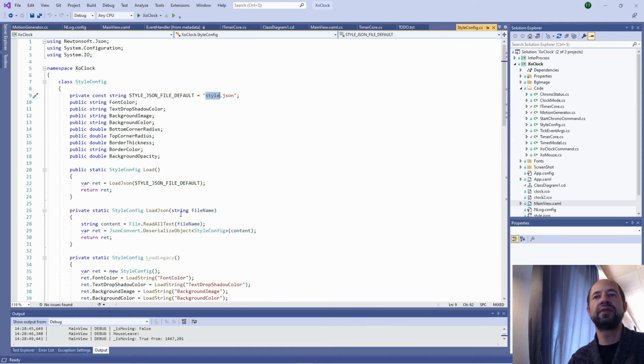And this factory method, which is returning a style config object here, is a static public method.